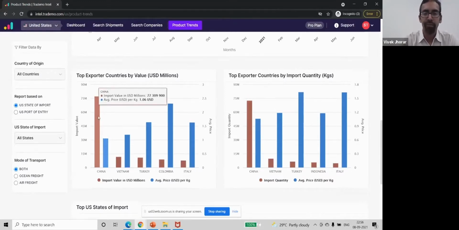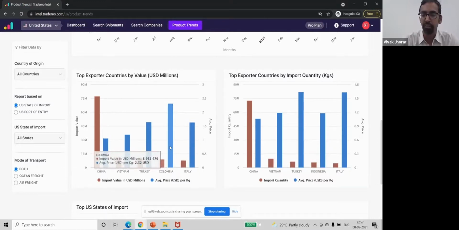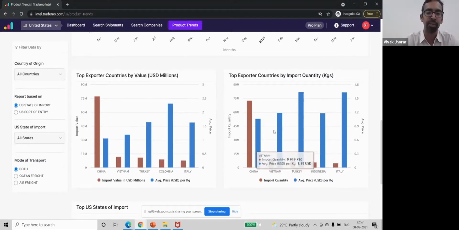So let's take an example of Chris. I mean, your case. If you were in the US, I'm sure you would most likely be importing from China. But there are a host of other countries which are at par, especially if you look at pricing. Vietnam is not very different in terms of pricing from China, but not a lot of people in the US who would be importing from China would know this. And this is something that data can tell you. The other few things the data can tell you is that it is coming from Latin America at a certain price. It is coming from Italy and Turkey at almost the same pricing. So you can always benchmark your pricing depending on the kind of supplier you have, depending on the region that you have.